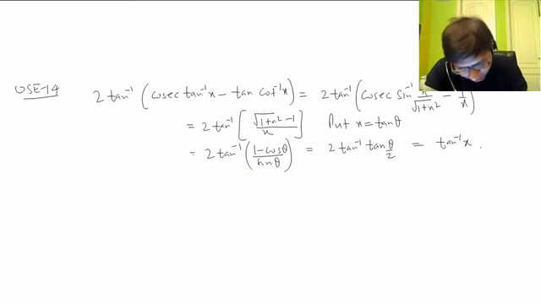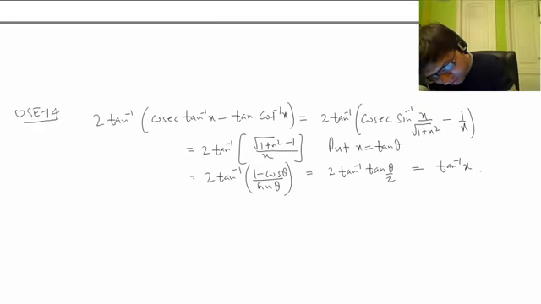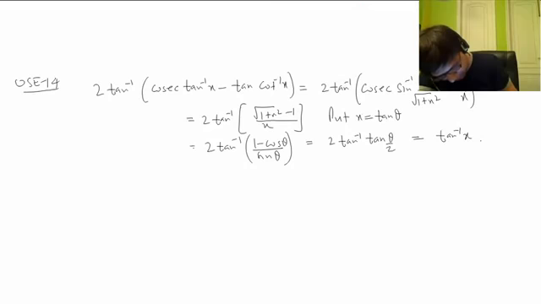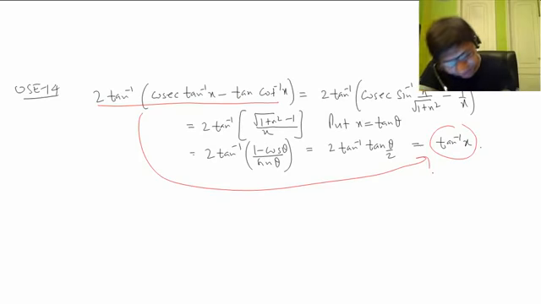Now this is a question, this is OSC 14, and there are many questions like this where we simplify inverse trigonometric expressions. Whatever we're going to learn here is applicable to many of the illustrations where we have to simplify. So this is the left hand side. We have to simplify this, and finally the simplified form is tan inverse x. See how much we have to simplify this, from a complex to a much simplified form.